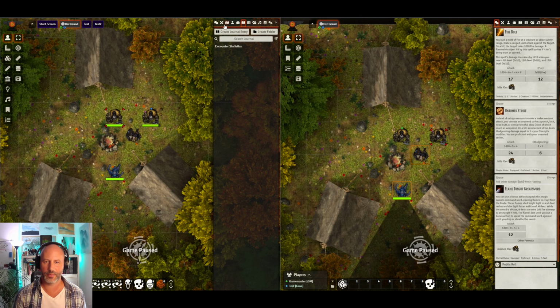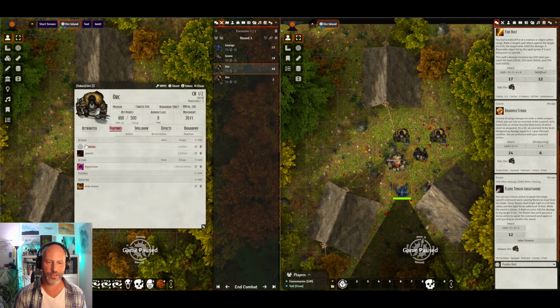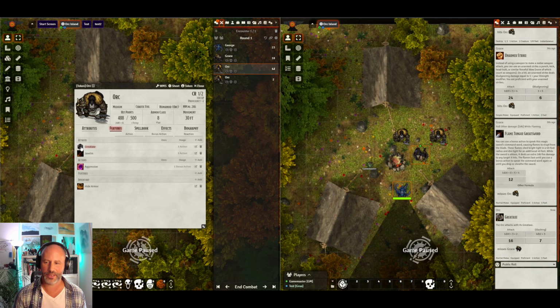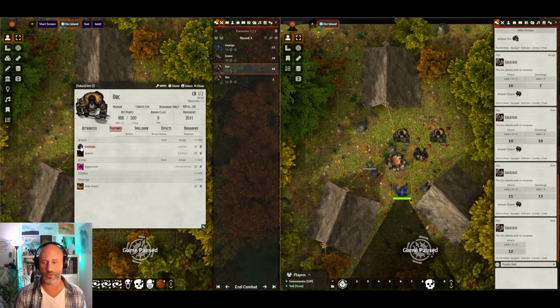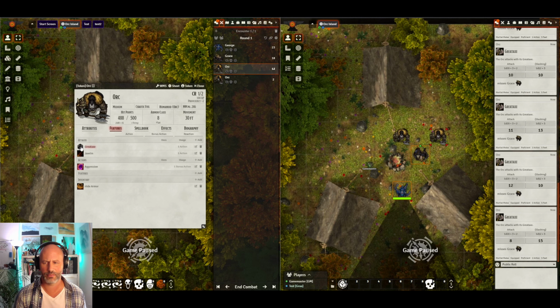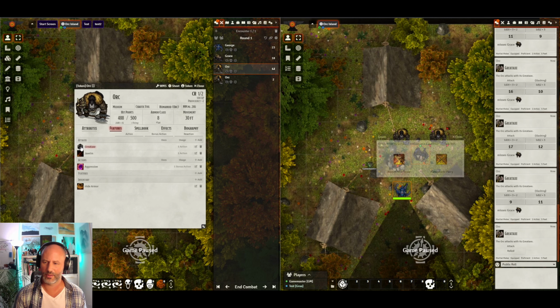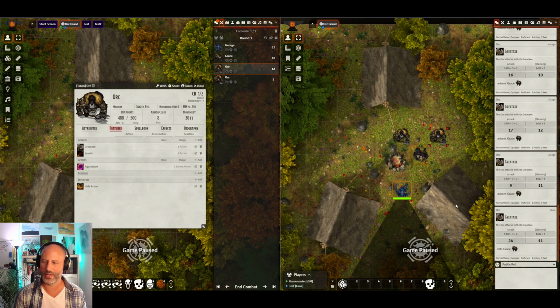Next, if we go back to our combat tracker, we will just show what happens when an orc makes the hit. So as a GM, we're going to tag this person in, and we're going to use features, and we're going to make a great axe attack which misses the first one, but we'll give it multi-attack because why not? A third multi-attack, a fourth, a fifth, a sixth. How are you unable to hit? Hit. Awesome. So, fantastic. That goes through, and we can see now from the player window and our chat log,